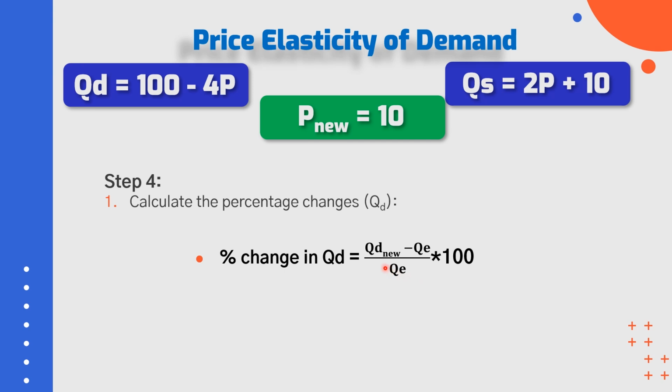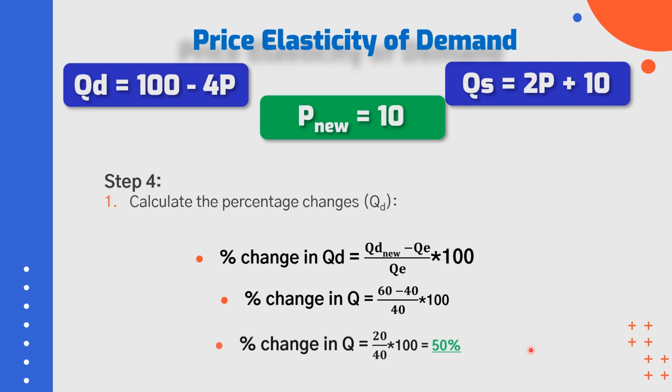So the new quantity 60 minus the equilibrium quantity divided by the equilibrium quantity, which is the initial quantity, multiplied by 100. Definitely 60 minus 40 divided by 40 multiplied by 100 gives us 20 divided by 40 multiplied by 100, which gives us a 50% change in quantity demanded. Okay,